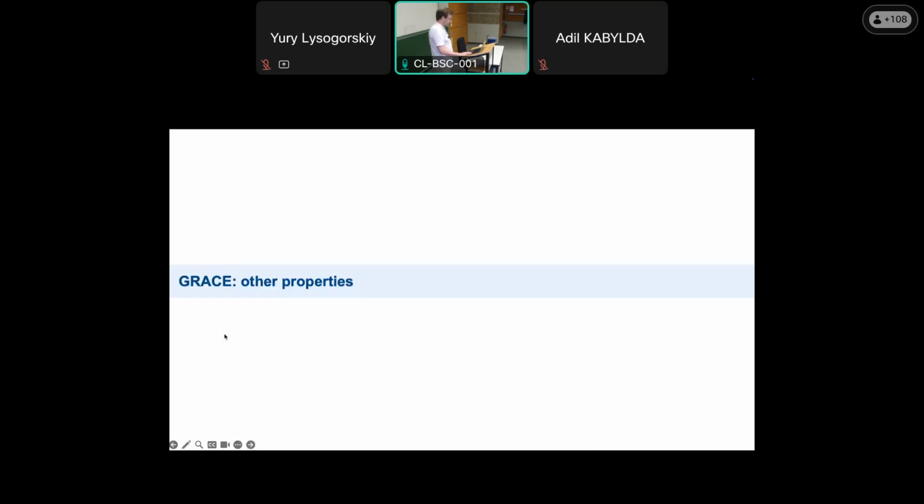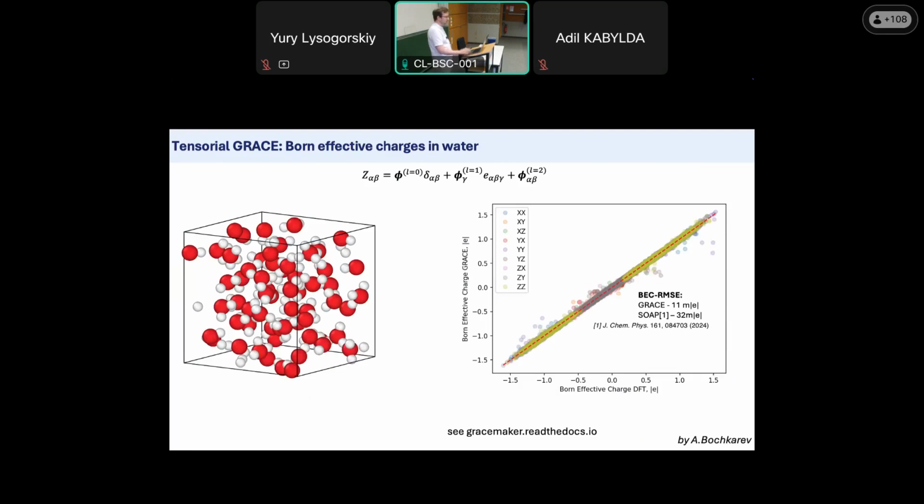All right, so maybe very quickly I go through that. Other properties can be predicted with foundation models, or rather not from foundation, but with such types of equivariant models, with Grace in that case. For example, tensorial properties, because we can extract not only scalars, but also L1, L2 type features, and, for example, have a Born effective charge model here.